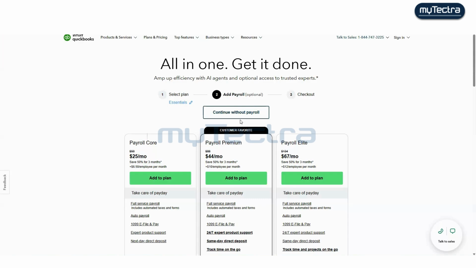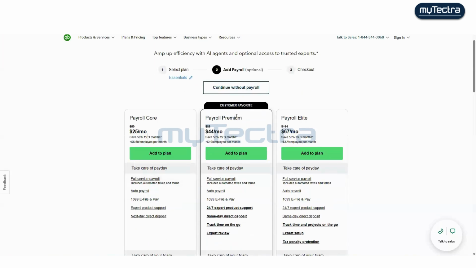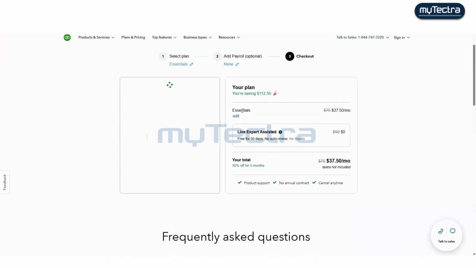To learn this payroll, we would need to learn international payroll. This is an additional feature that we are not going to cover, but I will just teach you how to record the payroll journal. That's it. So you understand my point here. You don't need payroll, so once you come here, you can use the add plan and continue without payroll.